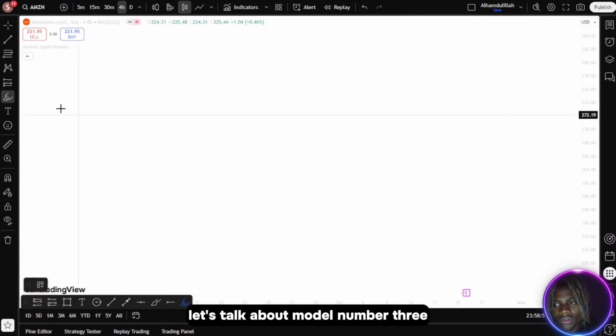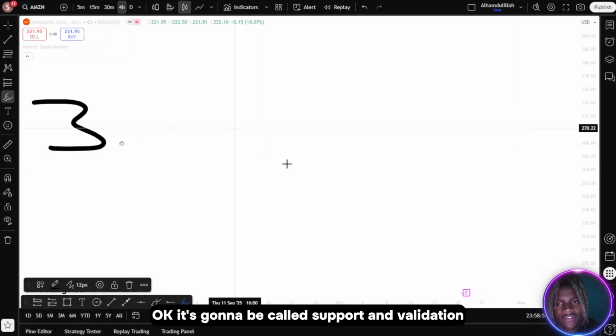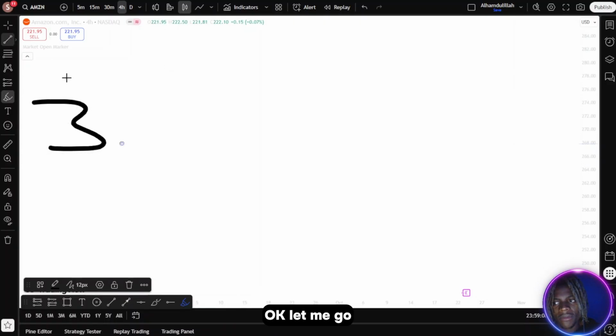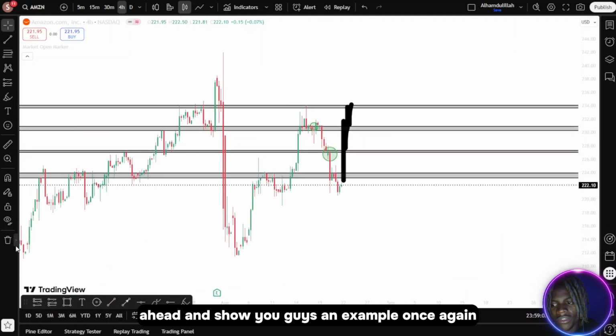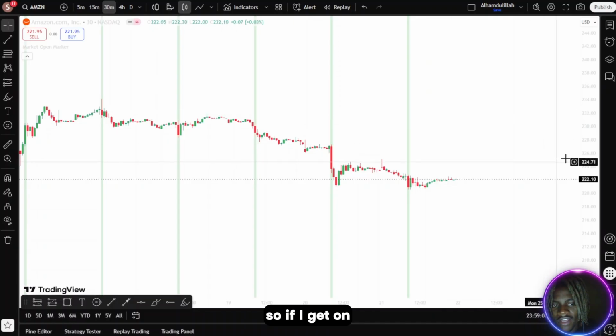Let's talk about model number 3. So model number 3 is going to be using some logic. Okay. It's going to be called support and validation. Okay. Go ahead and show you guys an example. Once again, this is going to be an example of support and validation. So if I get on my